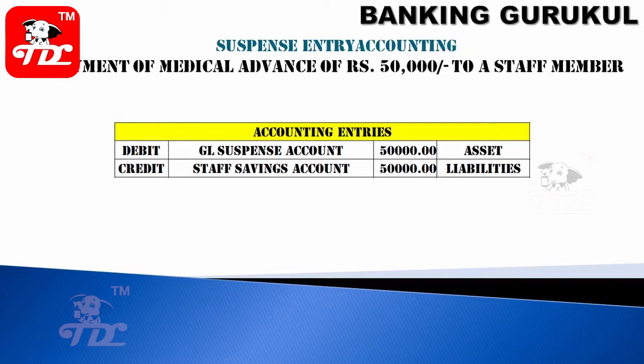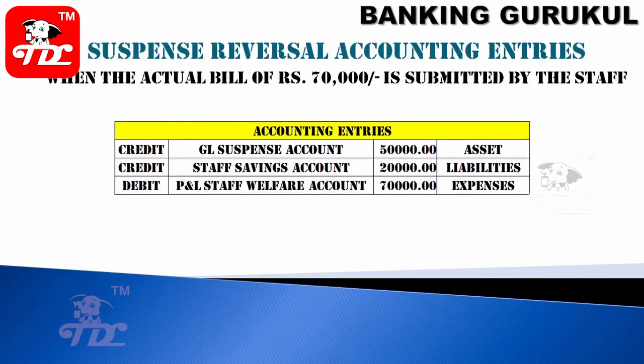Whenever you are doing an accounting entry for a suspense account, always mention in the remarks the employee name, employee code, the purpose and the standard code. When you are reversing, you have to use the same details. At a later stage, the staff member has gone for medical treatment. The final bill was 70,000 rupees and the bill was sent to head office. Head office has sanctioned it. Now I'm posting the final entry at a later stage. It may be after 1 month, or 15 days, or 2 months.